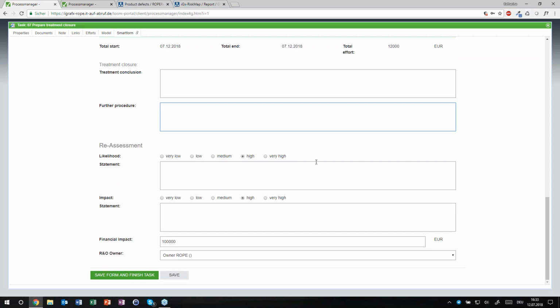And I can also work on a risk reassessment. So now once we did the risk controlling, once we identified the risk actions and we performed the actions, I can now say that the likelihood of our product defects is not high anymore, but it might be low because I have this ultrasound testing of the weld seam. So it's lower here. System was implemented successfully, I can state here. So why, just give another reason. And I can also change the financial impact. However, I have not changed the impact here, but I could work on the likelihood in that case.